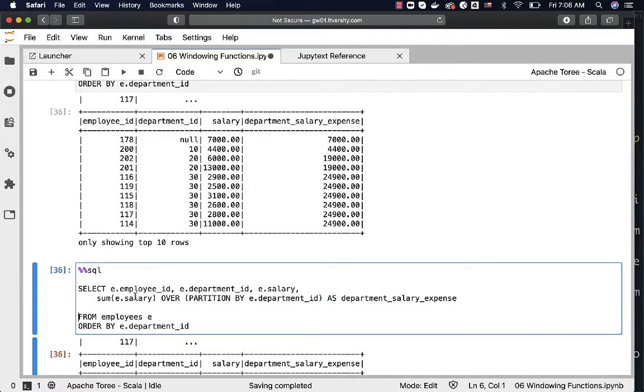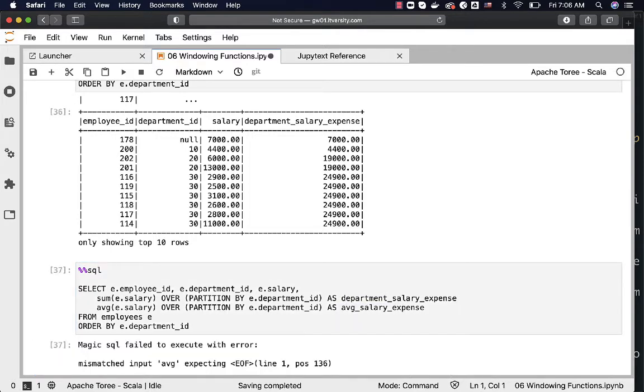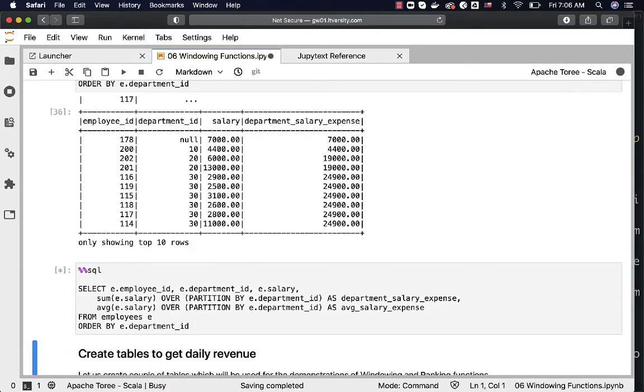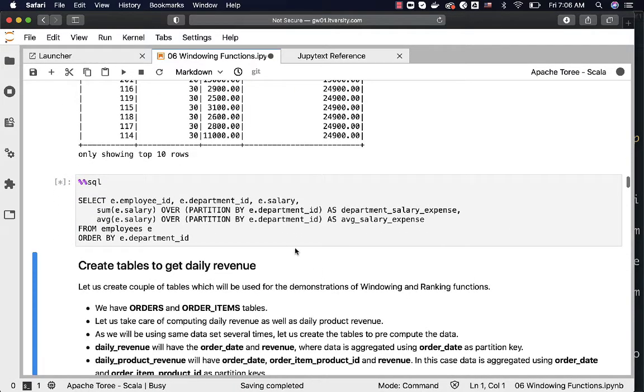I can copy paste this. Then I can say average and I can say average salary expense. Similarly, we can get even min and max if you are interested. So there is no comma here, that's why it is not working. Let me run this and you should be able to see both department-wise salary expense as well as average salary